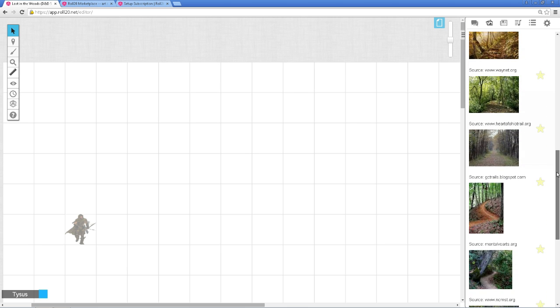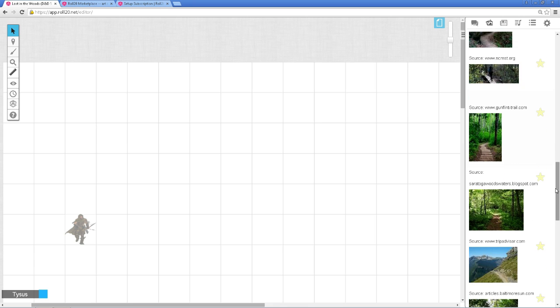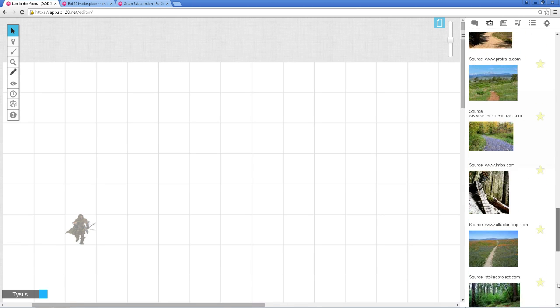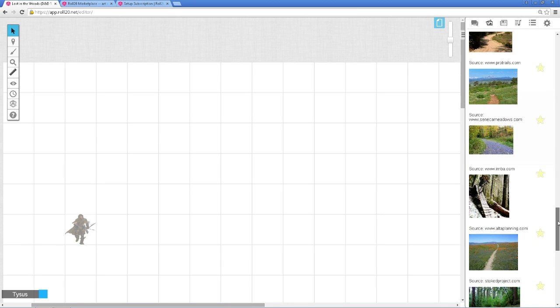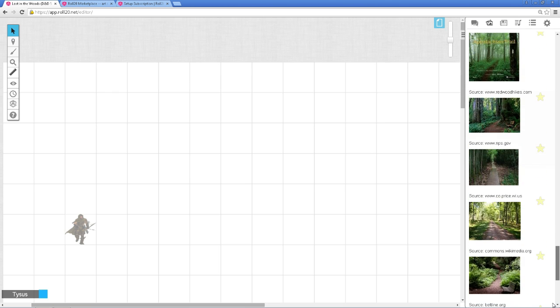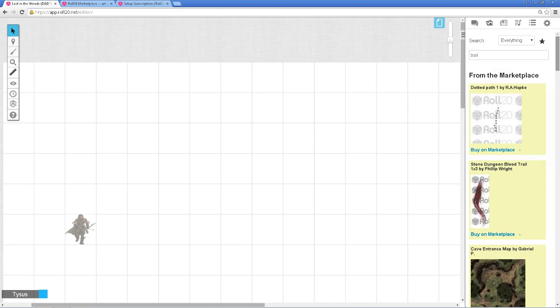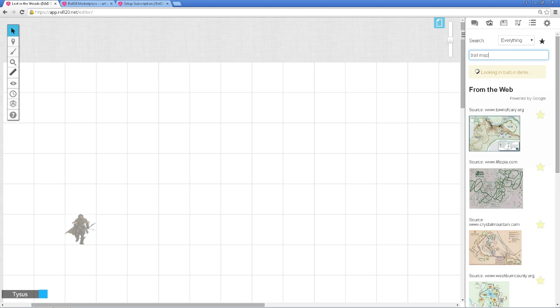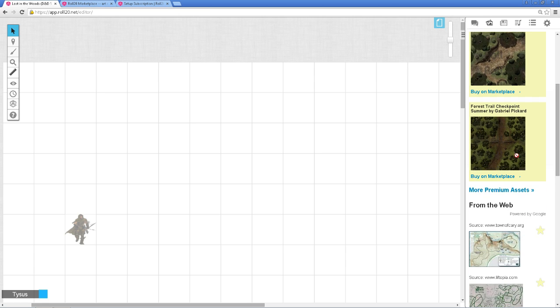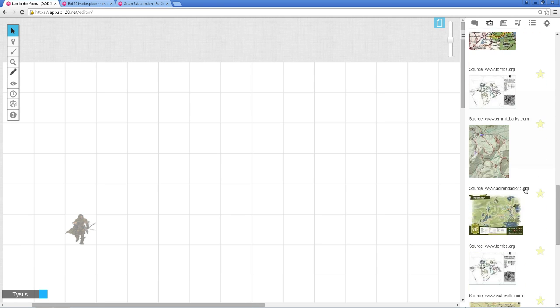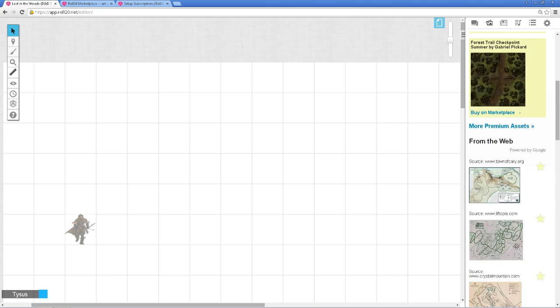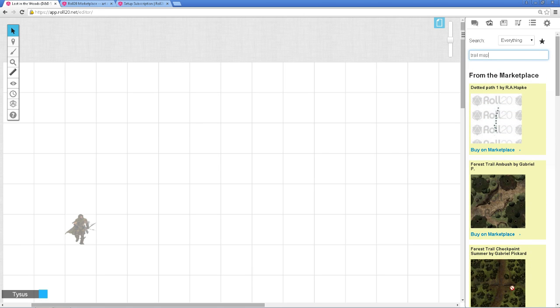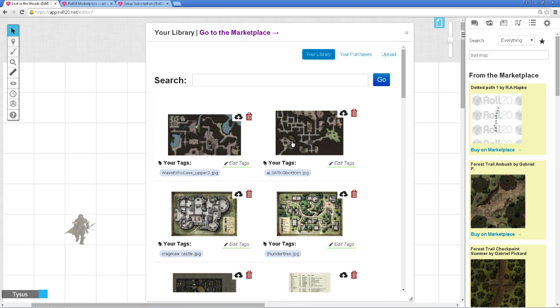And you can find trails. Maybe somebody made their own. Let's look for pictures of trails. Let's look for trail map. Okay, it's getting me like trails. All right. Oh, here's one. Okay, forget that. I'm gonna go to mine,